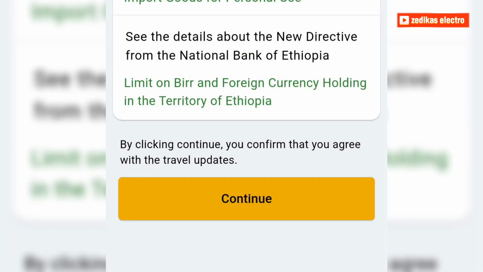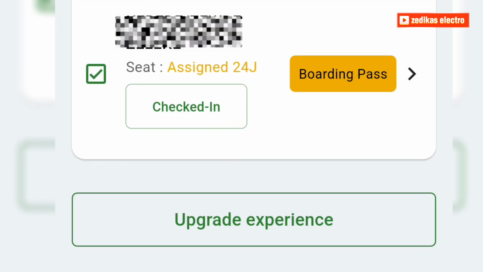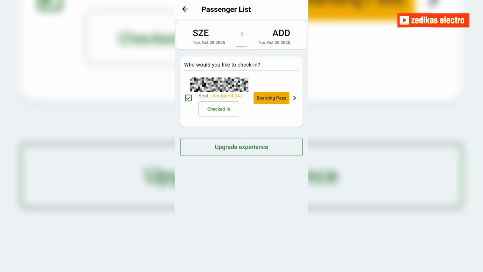Right, so now you have to update these travel updates. You can see all of this, and then let's say see the details about monkeypox. This is the detail. Then simply continue, and then your name appears at the top, okay, and your seat number is also appearing here. Now what you have to do is then